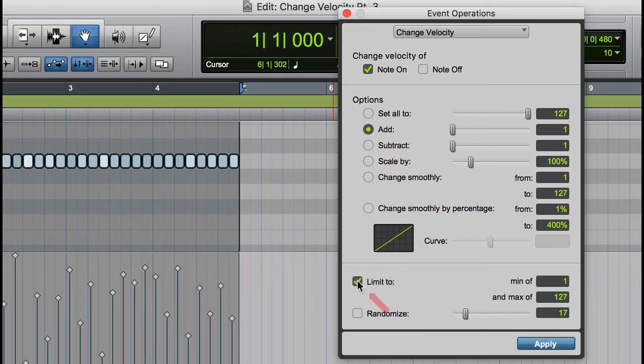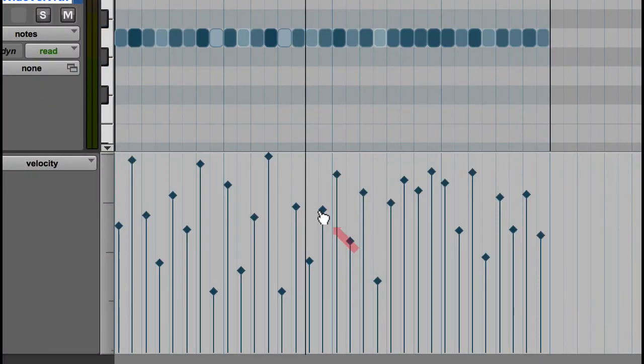So when I select add, I'm going to add 1 to all, but I'm going to limit to a range of, let's say, what's kind of in the middle here? 92, and what's our top one there? 115, 122. Let's say a range of 71 to 103. Okay, limit to a range of